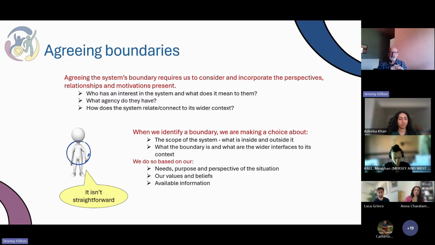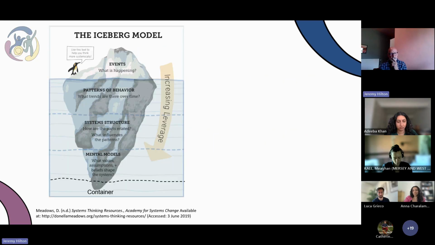One of the things we need to do is try and understand the depth of thinking we need to go through and think more three-dimensionally. A very simple model that Donella Meadows proposed years ago, and I believe a helpful model to use, is that of an iceberg. Although when I was working in Nigeria, they weren't quite sure what ice or icebergs were. So the metaphor there was the hippo's ears. If you can see the hippo's ears, there's quite a lot underneath the water if all you can see is the ears.